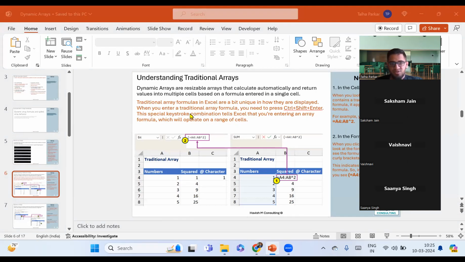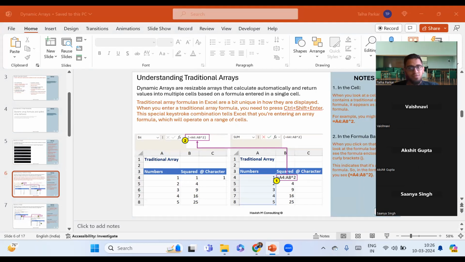So Saksham has asked us a question. Okay, how is traditional array different from flash fill? Can't we do this by flash fill? Everyone, does flash fill write a formula? No. So if it is not writing a formula, although it can generate multiple results, but that is not